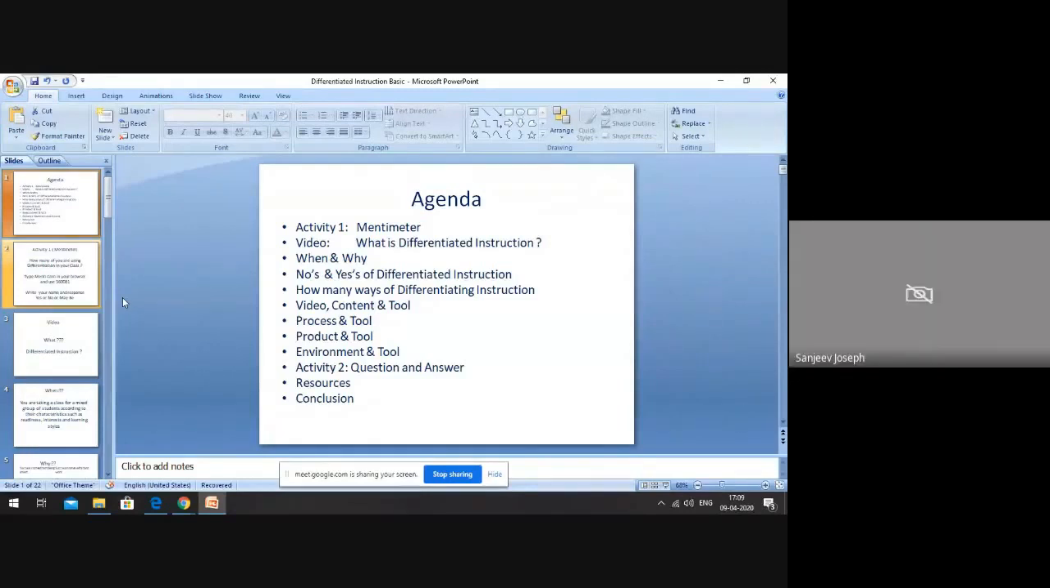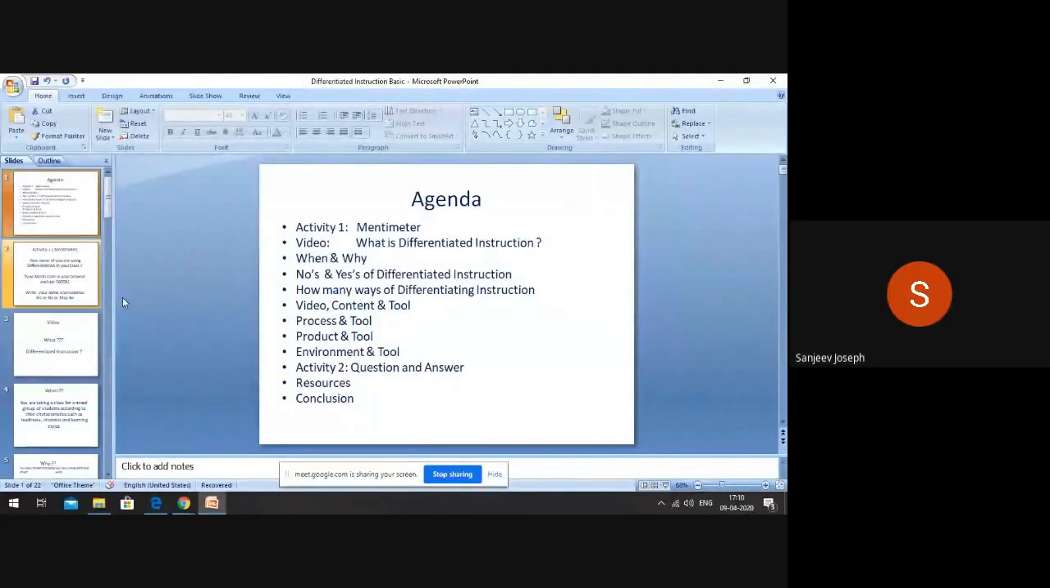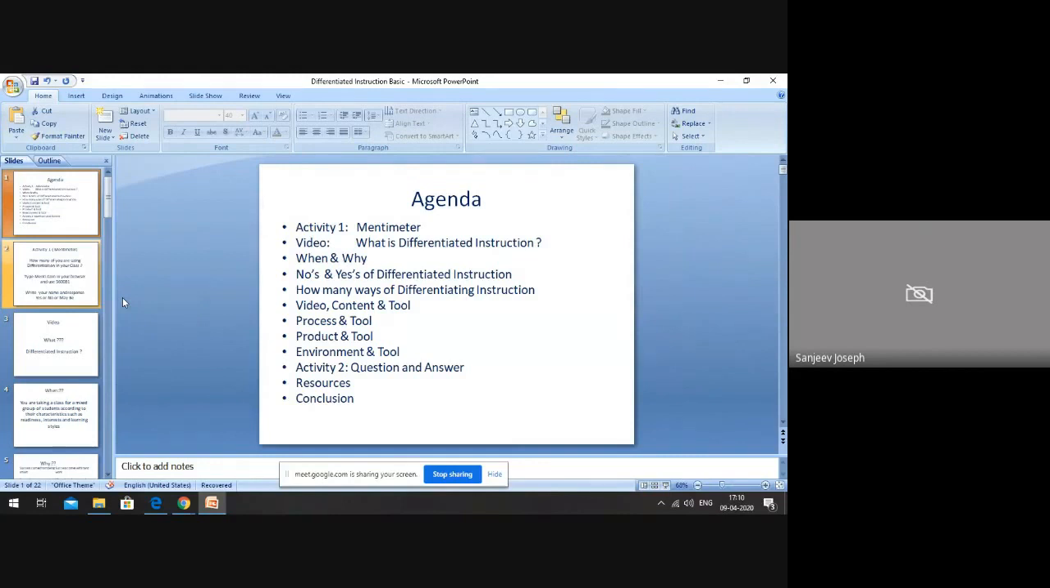Then we have a video which says how we can differentiate based on content. Then I present some tools which I'm using for my mathematics class as an example. Then we move to process and tool, that is another method of differentiating. Product and tool, environment and tool, and then again one activity that is based on the Padlet, which we learned